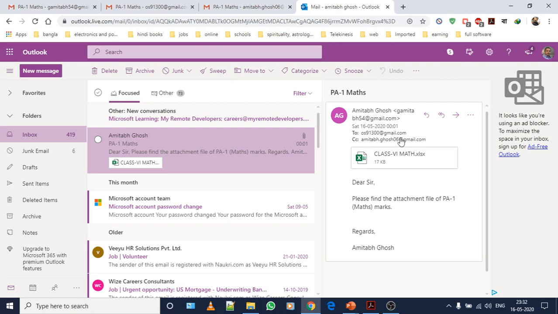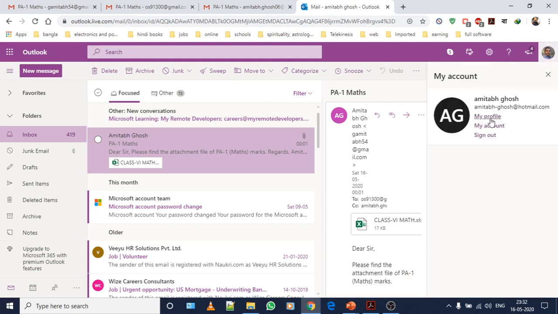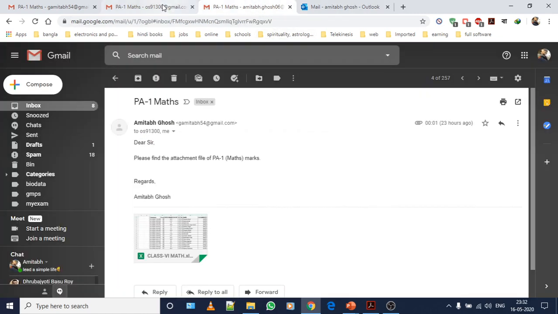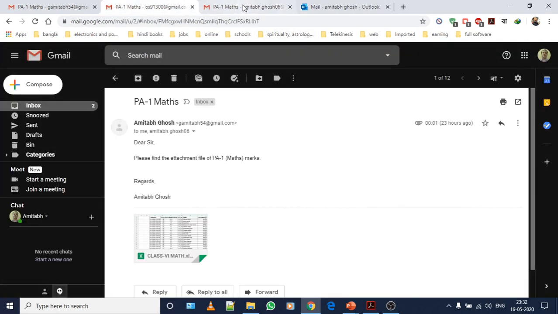Wait a minute. Yes, Amitabh dot. Sorry, this was the mail account of this one, Amitabh dash Ghosh at hotmail.com. This mail account is not reflected or seen by these two mail accounts.